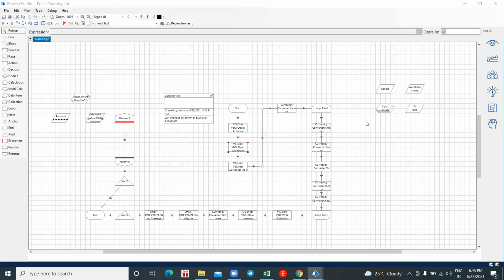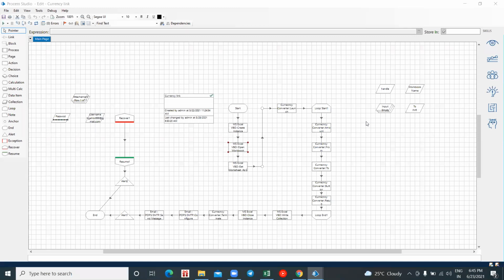This loop stage is because I have 4 different rows there. The same operation has to be performed for the different rows, right? So that's the reason my loop stage has been used. In the amount section, it will write the amount. In the from section, it will write from which currency to which currency we have to convert, and then it will click on a button, and whatever value we get with the help of this read stage over here, it will read the value and perform for all the rows.